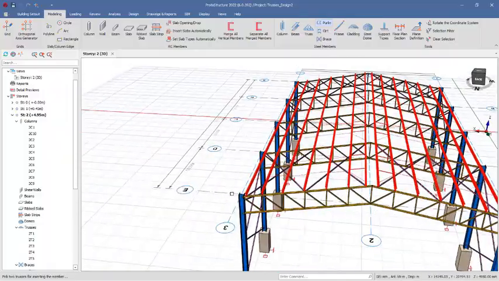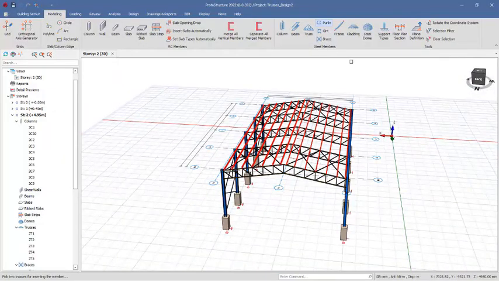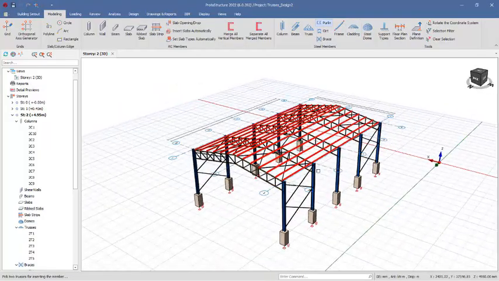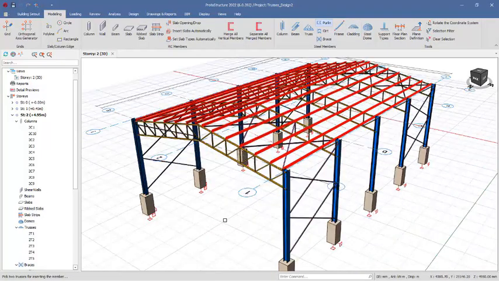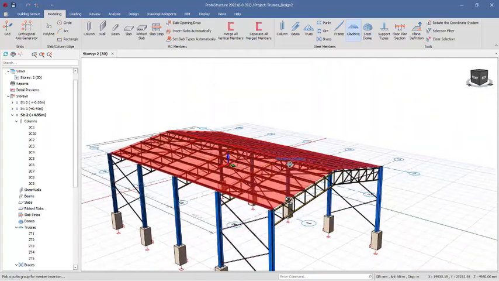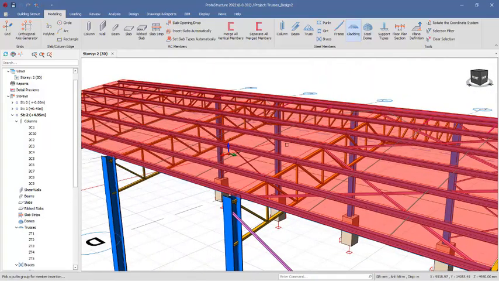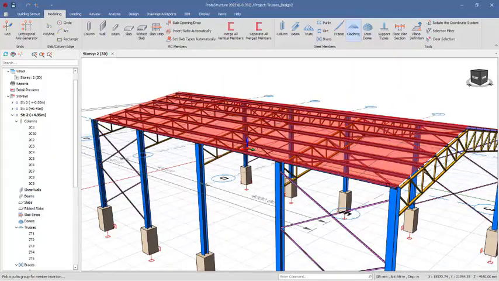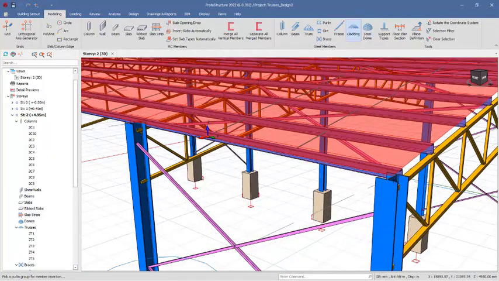Okay, so at this point now we'll be adding the cladding. This cladding will actually help us to load this structure successfully. Okay, so you click on the cladding right there, and then select the purlins right there, and then the cladding dialog will come and click on the OK options to place your cladding just like this. Alright, before we proceed to loading the structure, we'll be having beams that are going to actually connect these